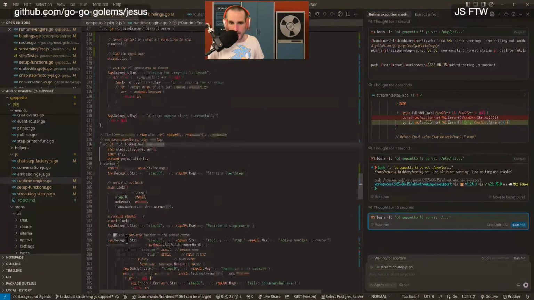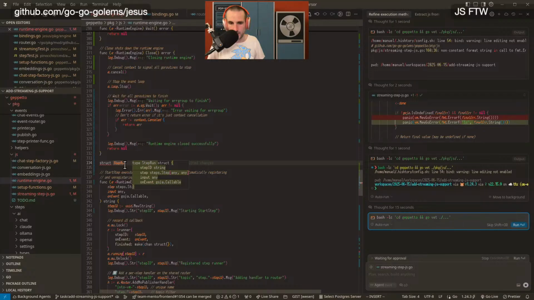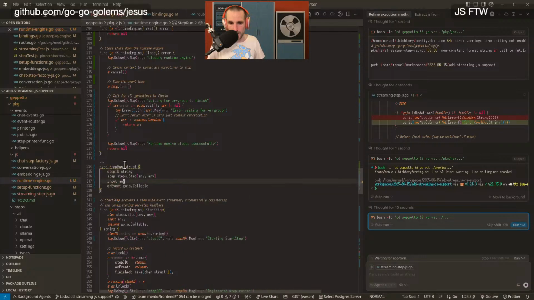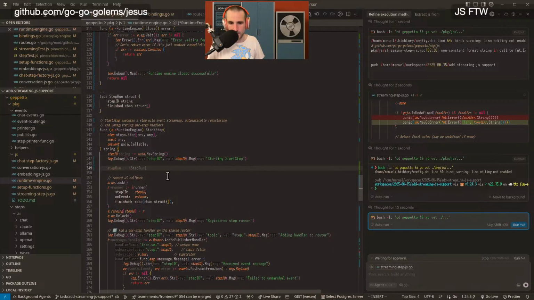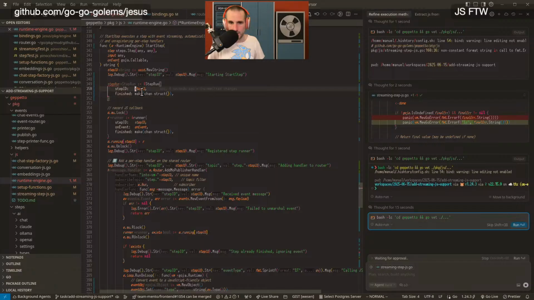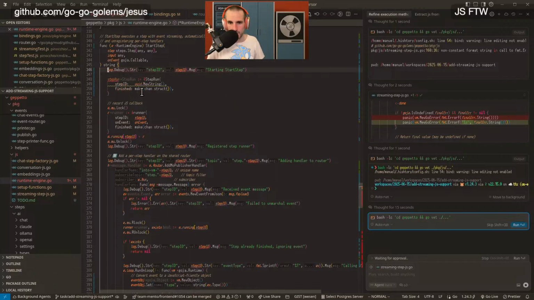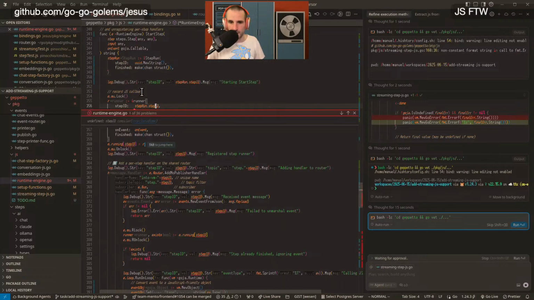So maybe we can have a struct step run. And then the struct is going to be step ID. And then the other one is a finished chan struct, right? So we're going to use the step run. Going to remove this. And then